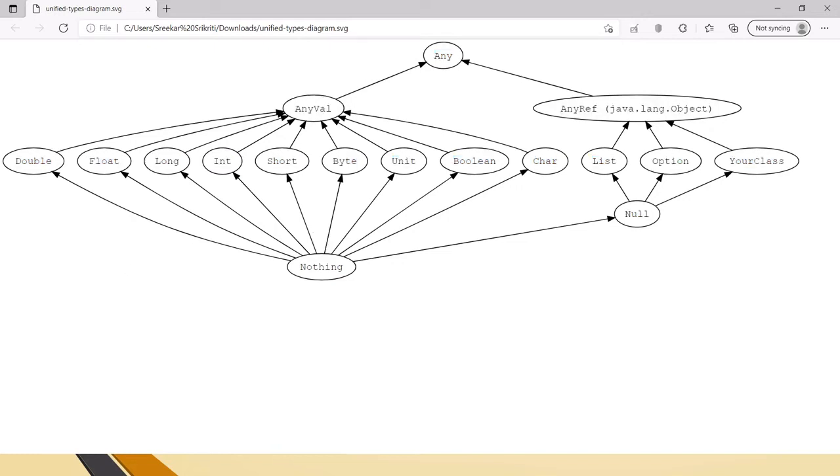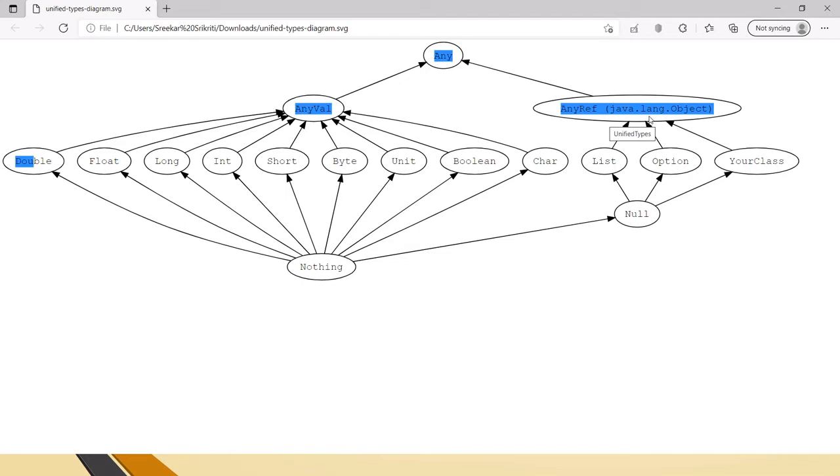If you see this hierarchy, Nothing and Null both are at the bottom of the hierarchy. This means that it's also a subtype of each and every type here in Scala. Nothing is usually used for defining a generic empty base class, and we cannot use Nothing as a return type of a function, except when you have a function which throws an exception.